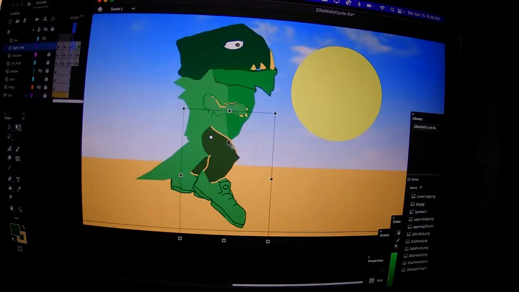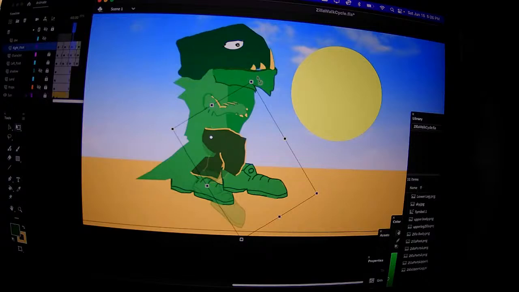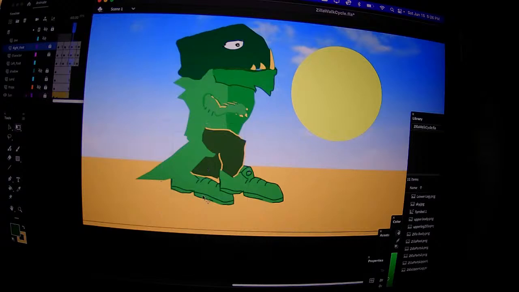We get that pivot right there. And the left one, it's still carrying the weight, but it's in that transition mode where,